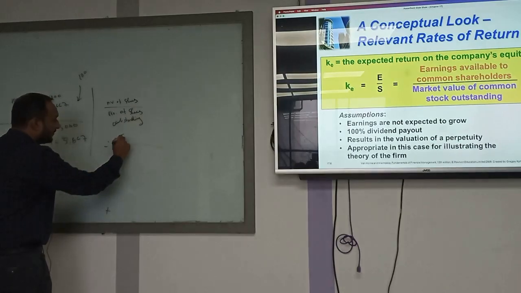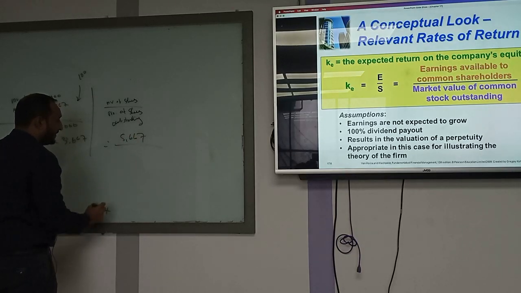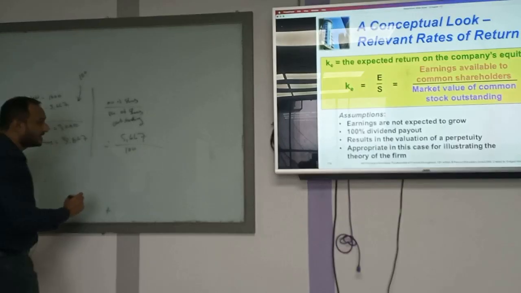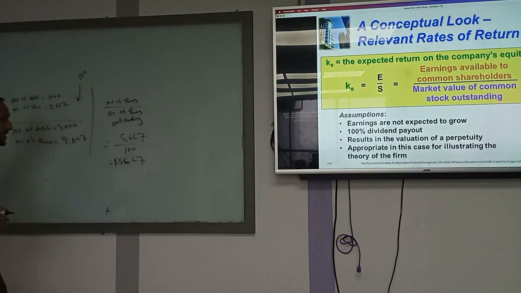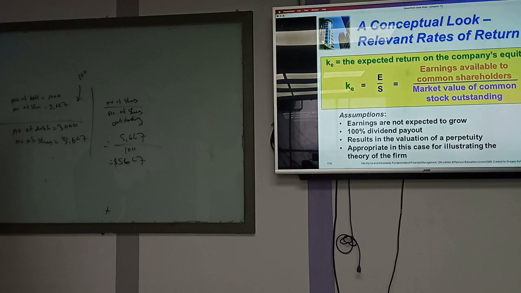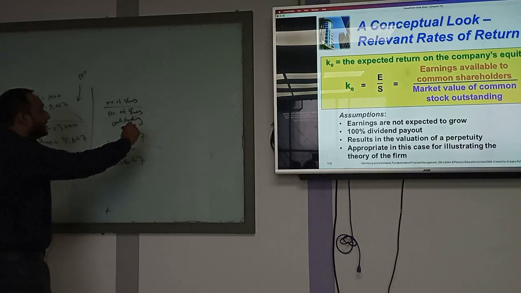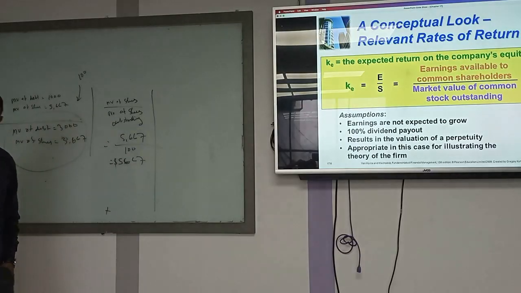So market value of share কত? 5667. কতগুলো আমার শেয়ার আছে? Number of shares 100. So what will be the price per share? 56.67. তার মানে আমার একটা শেয়ারের দাম হচ্ছে 56.67 ডলার। ক্লিয়ার? আচ্ছা, এখন আমি যে এখানে ক্যাপিটাল রিস্ট্রাকচার করলাম, রিটার্ন অফ ইকুইটি বাড়লো, বাট শেয়ার প্রাইসের কি অবস্থা? শেয়ার প্রাইস কম না বাড়লো? দ্যাট আই হ্যাভ টু ডিটারমিন।